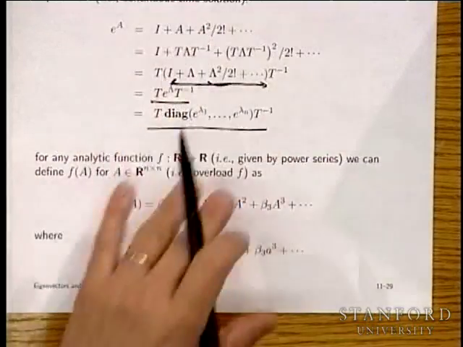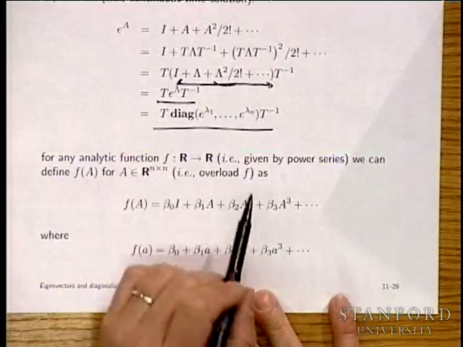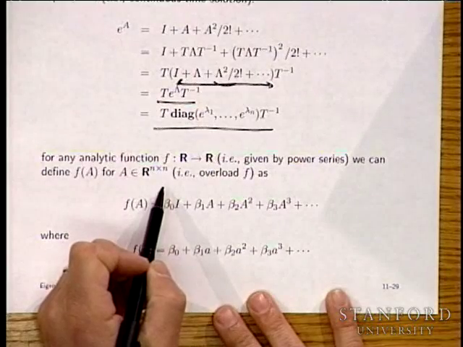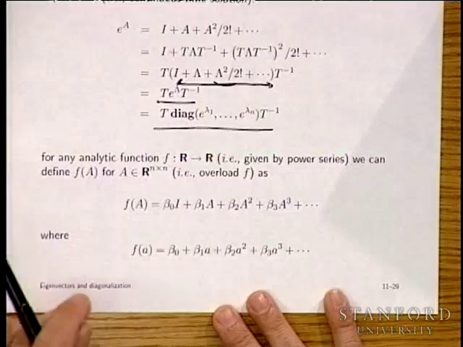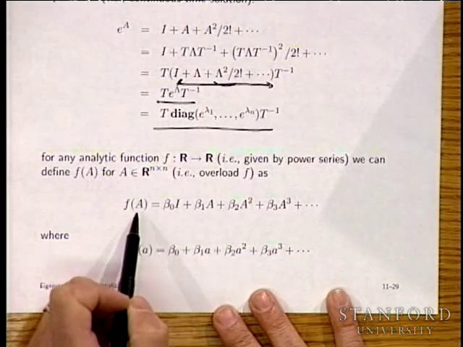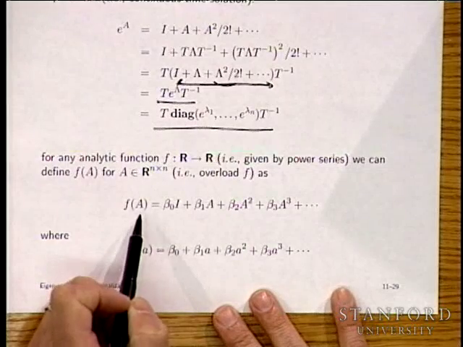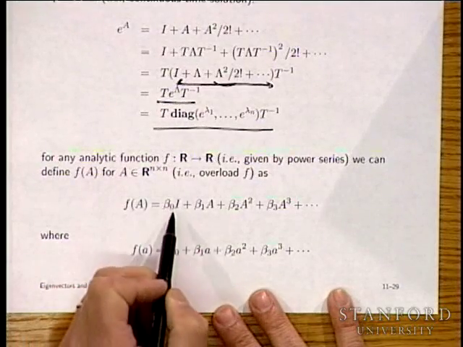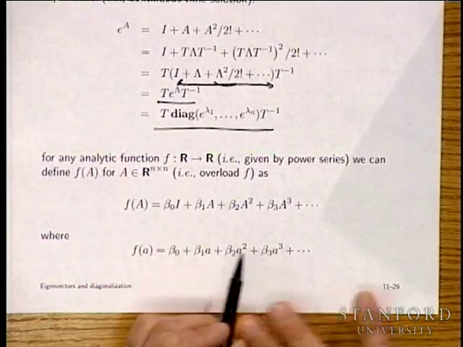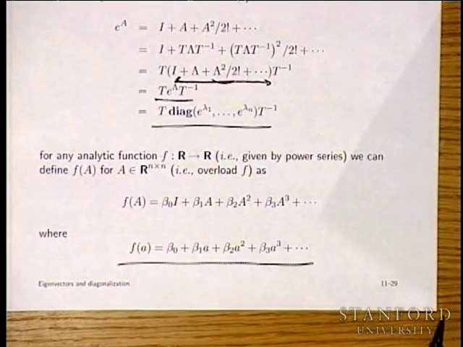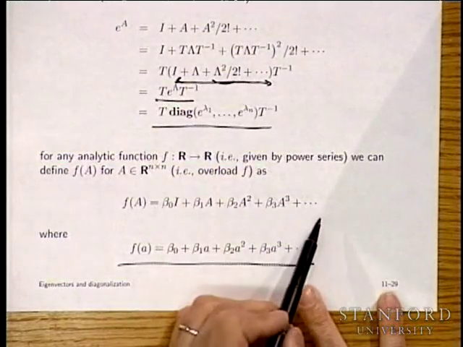Now, in fact, this idea extends to any analytic function. So if you have a function which is given by a power series, that's an analytic function. You don't need to know this, but it's just kind of cool, so it doesn't hurt. It could be a rational function, could be exponential, anything else. Then it's absolutely standard to overload an analytic function to be called on n by n matrices. So f of A is given by beta 0 I, plus the rest, where the power series expansion of f is this. Okay? You've seen one specific example so far, the exponential. Okay? And this allows you